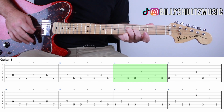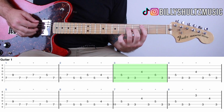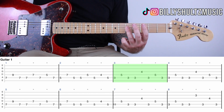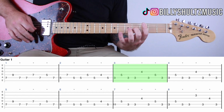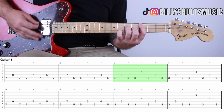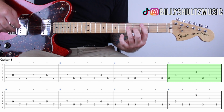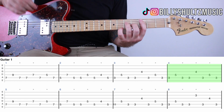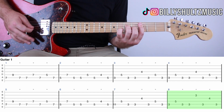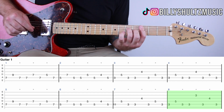I'm not palm muting either of those notes, just the A string. So 1 palm mute, D string, 2, G string, 1, D string, 1. Now you play that twice. The second time you play the riff when you get here, you play this once. And then instead of G and D again, it's B and G. So that looks like